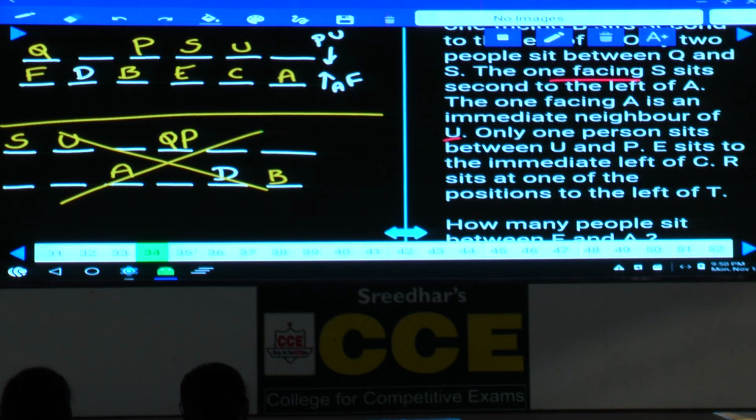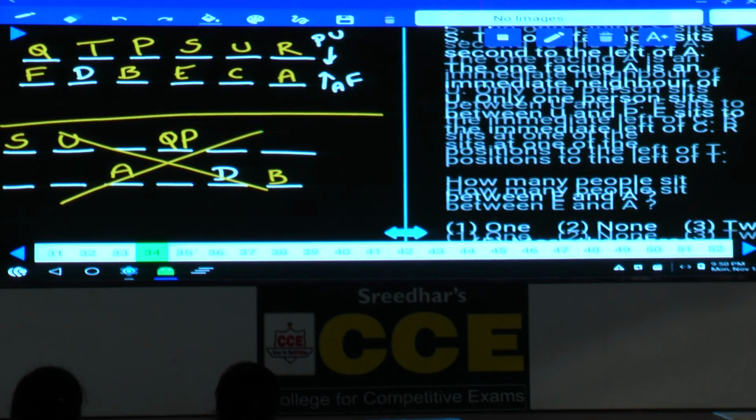R sits at one of the positions to the left of D. R is to the left hand side of D. The word immediate is not given, so anywhere to the left hand side. Then what is the information we have? The order is QT, PS, UR, FD, BE, CA, in which these 12 persons were seated